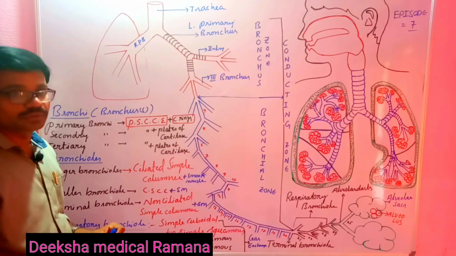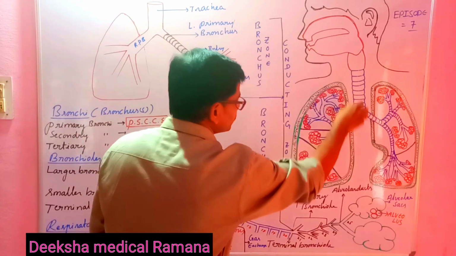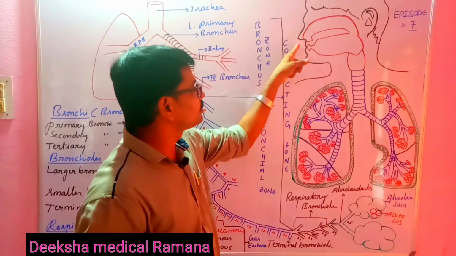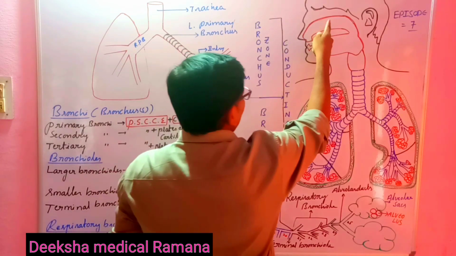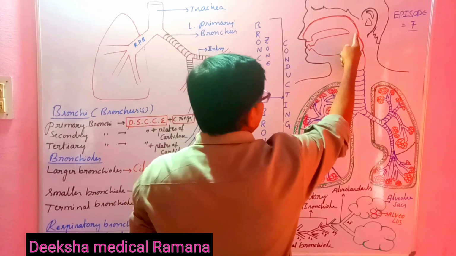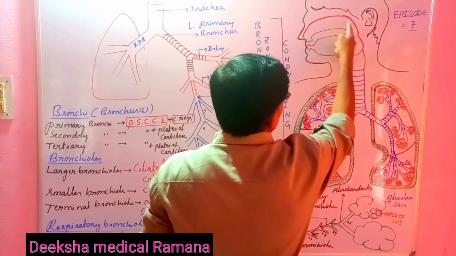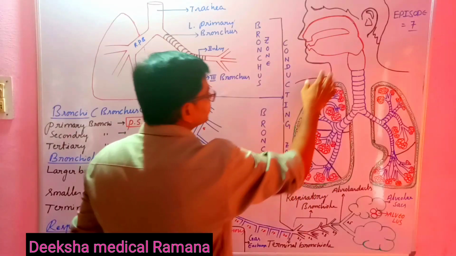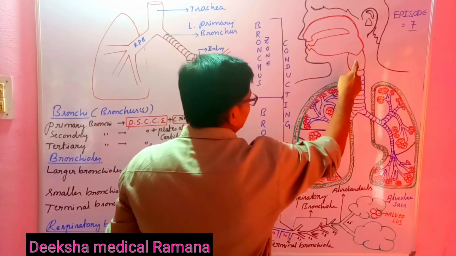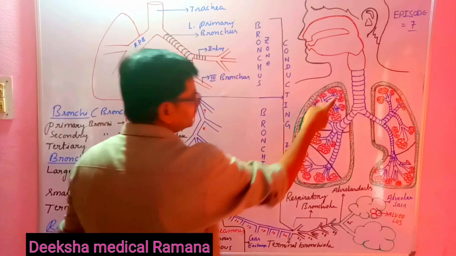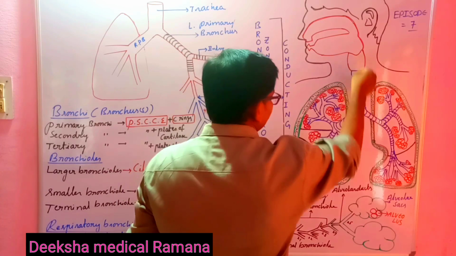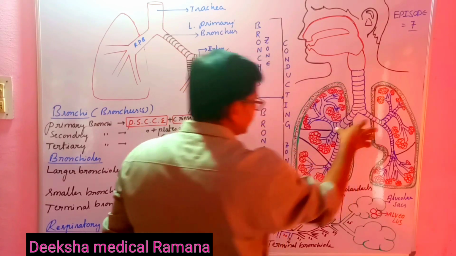Let me explain once again how the air reaches the bronchi. During inhalation, the air enters the nasal cavity through the external nostrils. The nasal cavity opens into the pharynx through the internal nostrils. The pharynx is a common passage for food and air. Then the pharynx opens into the larynx through the glottis. The larynx opens into a long tube-like structure, the trachea, which extends from the larynx to the mid-thoracic region of the chest cavity, and the trachea divides into